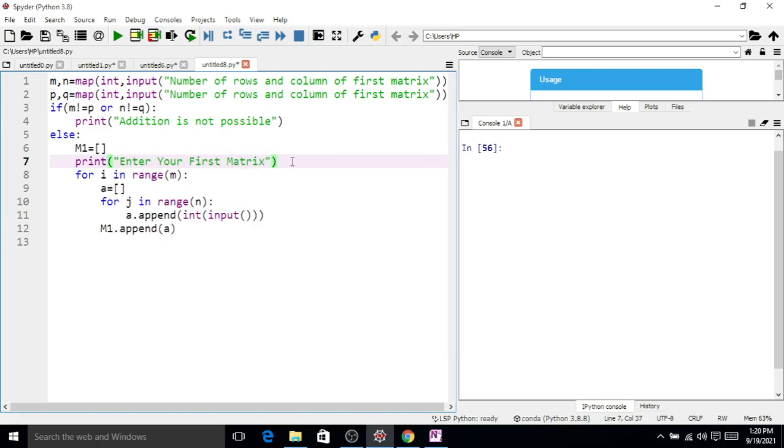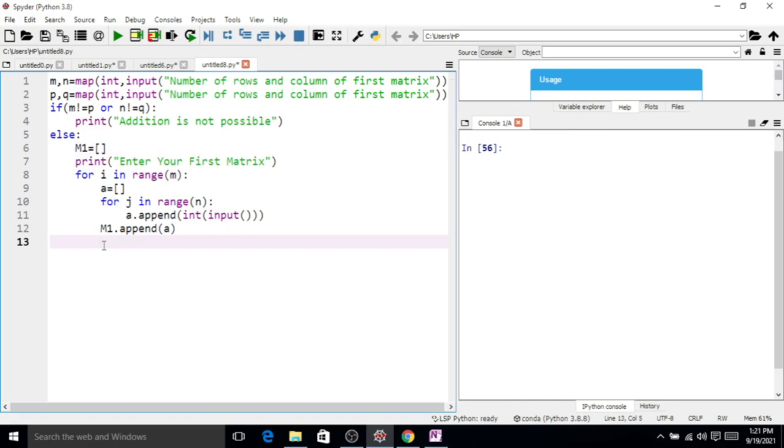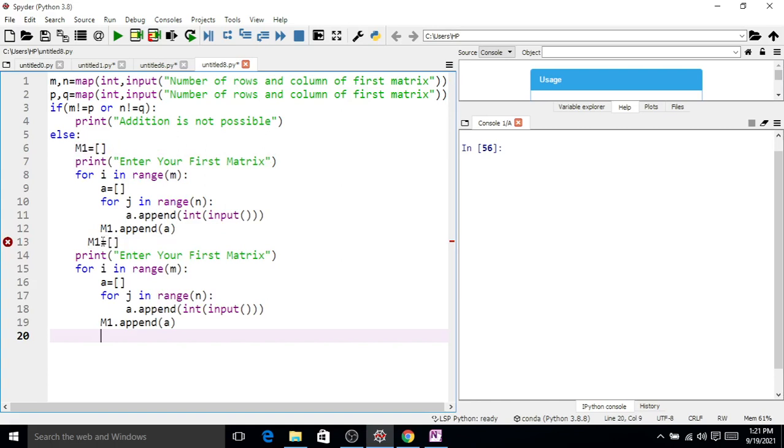Similarly, we want to enter the second matrix. Just copying this, Control C. We use the notation M2 for the second matrix, print enter your second matrix.